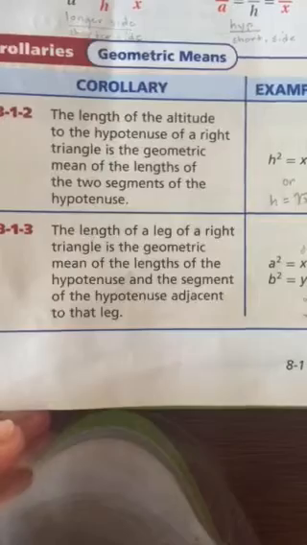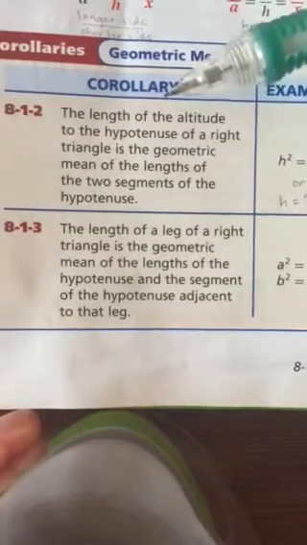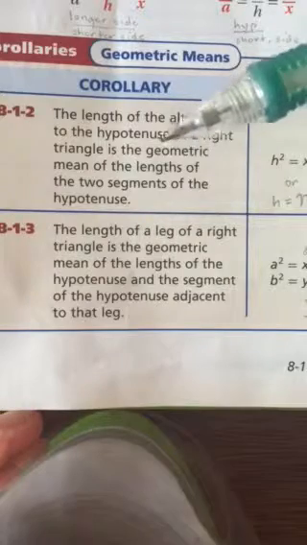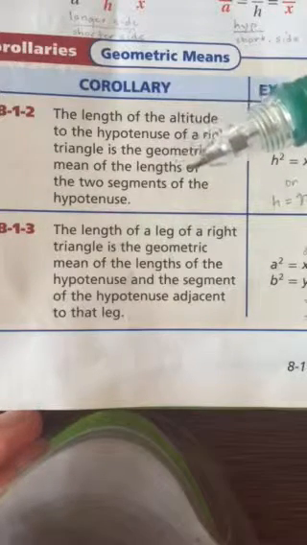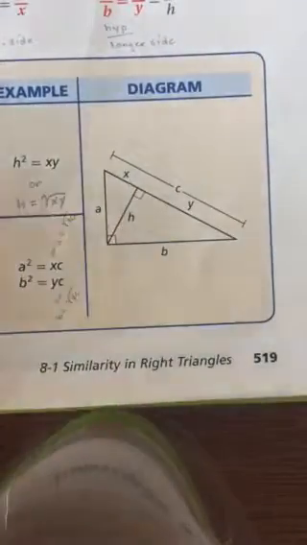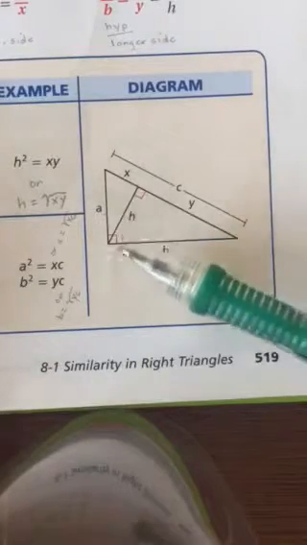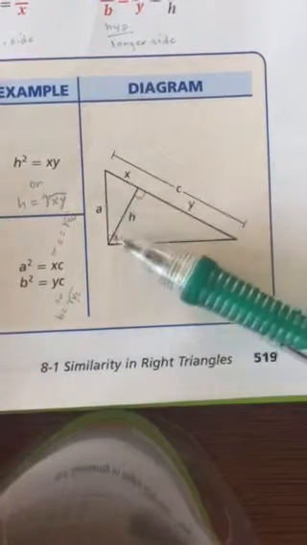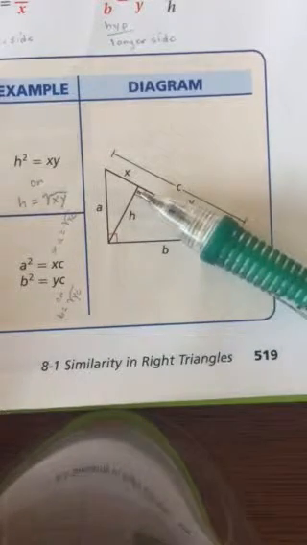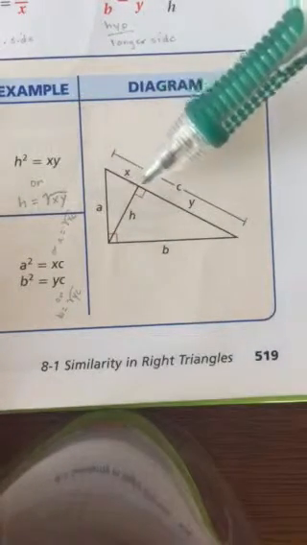This is going to give us a mathematical relationship of a couple of those relationships that we were just looking at. So this is the first one. The length of the altitude to the hypotenuse of a right triangle is the geometric mean of the lengths of the two segments of the hypotenuse. Let me let you look at the diagram while I read that again to help understand it. The length of the altitude, which is h,